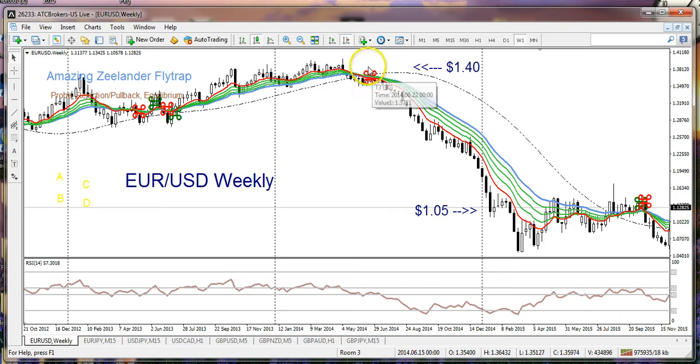And you can see clearly that in May of 2014, we'd reached a peak around $1.40 per euro. So that's the buying pair is the US dollar, and it's buying a euro, and it cost $1.40 at this particular period in time. That was our bid price. And it fell all the way to $1.05 during that 9 months from May into December, January of the following year, 2015. Now, what happened?